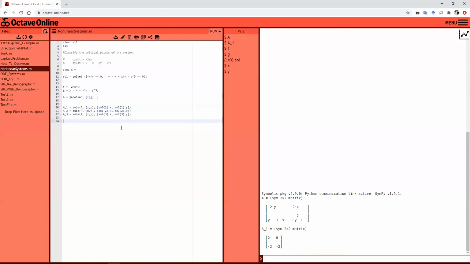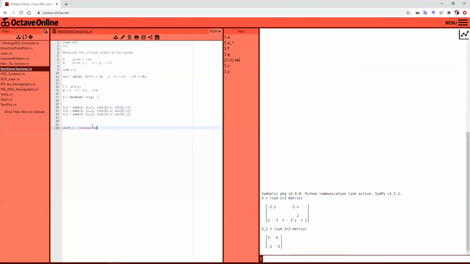Okay, and now what we really need from these matrices, well actually, let's leave those outputted. What we really need from these matrices is the eigenvalues, right? Okay, and that's a very simple command, just eig. We know that eig gives the eigenvalues of the matrix. So what I'm going to do is say point 1 is equal to, I want to print out the point so that I can see exactly which point we are working with. So this is just for visualization purposes. So I'm going to write double